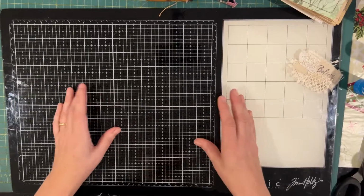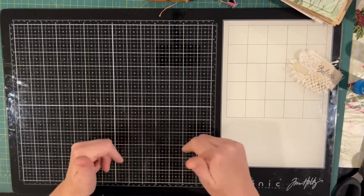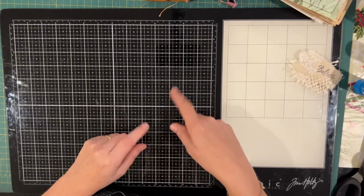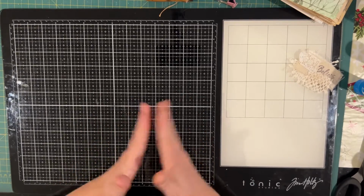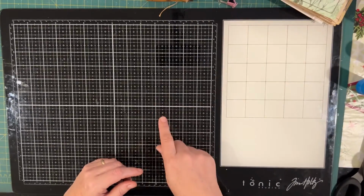We've got a heap of the ephemera glued, cut out. It's not embellished yet, as in stitched and fibers and textiles added. That'll come at a later date, but just to get it glued and cut out is a start. I'm just going to shut the video for a second